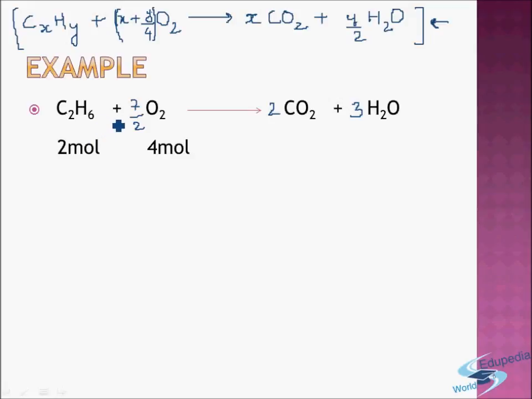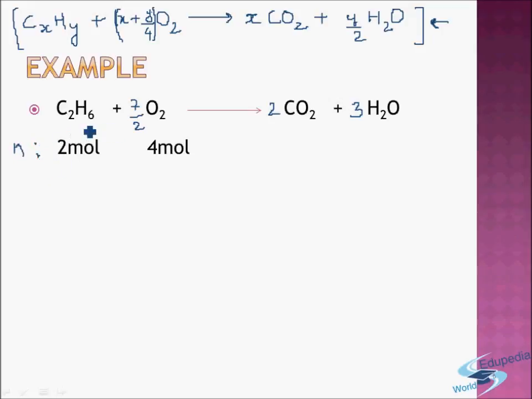Alright, so let's get back to our limiting reagent analysis. The question is, if I have 2 moles of ethane and 4 moles of oxygen, then I have to calculate the quantities of reactants left and products formed. So first we have to determine the limiting reagent for that. So given moles are 2 and 4. I already have the given moles.